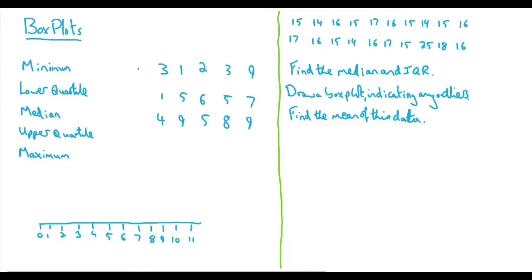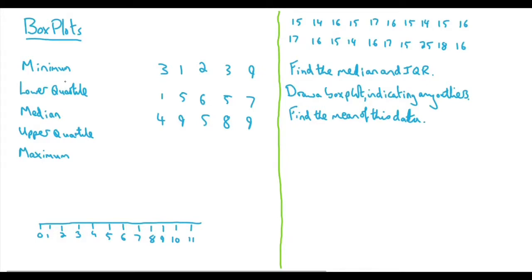Box plots are a method in stats where we can represent or visualize a spread of data in a diagram. Now, for such a diagram, you are going to need 5 values. From the data set, you are going to need the minimum value, that is to say the smallest number, the